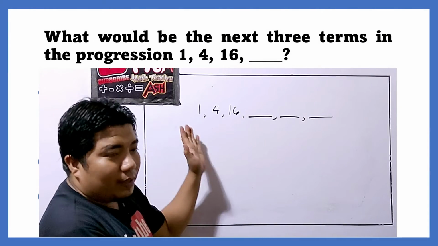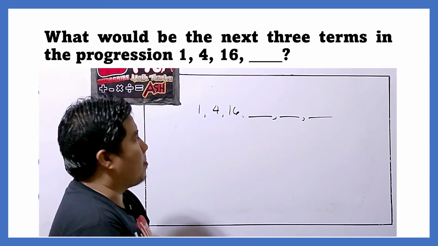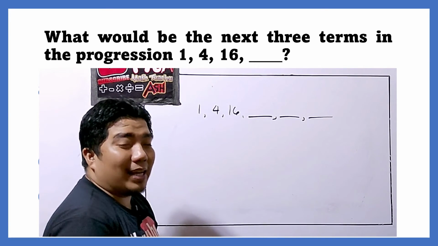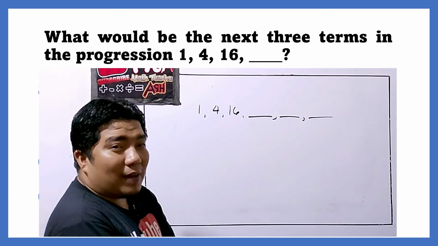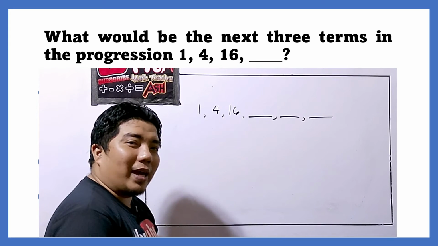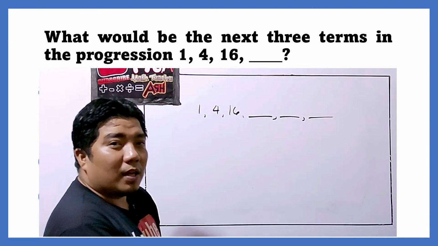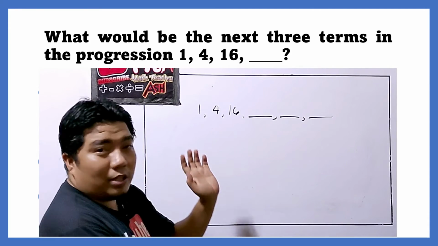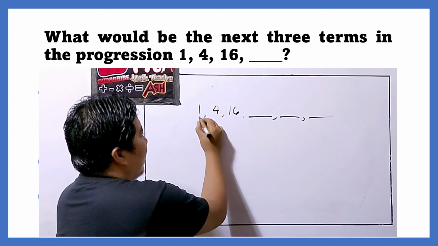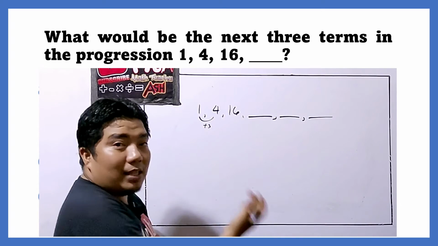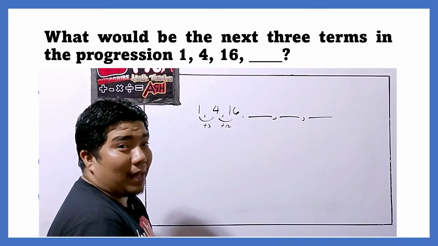Okay, math learners, what is asked in this problem is, what are the next terms in this given progression? Now, my dear math learners, this is another example of sequences. And as I've told you a lot of times, in terms of having problems on sequences, you just need to get the pattern of the given sequence for you to know the remaining terms. Now, let's try addition if we could have the pattern. 1. What is needed by 1 to become 4? That is plus 3. 4. What is needed by 4 to become 16? That is plus 12. Now, as we can see, there is no pattern here.